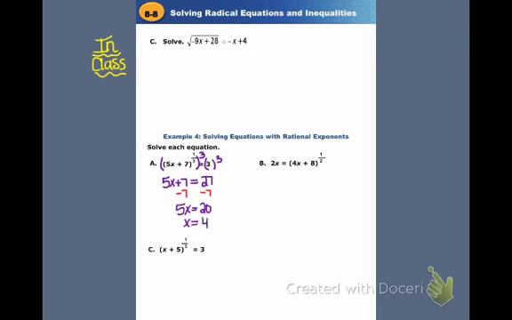So as usual, I want to make sure I'm checking these. So what I want to see is if 5 times 4 plus 7 raised to the 1/3 power actually equals 3. So 5 times 4 is 20 plus 7 is 27, and 27 to the 1/3 power is 3, and so it does check. Okay, so using that same strategy in example B, this time I have 4x plus 8 being